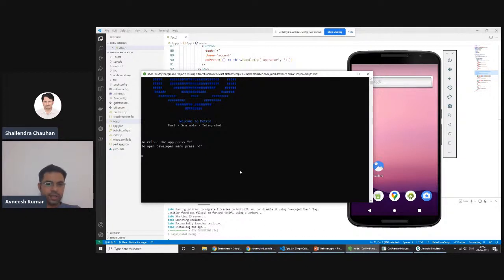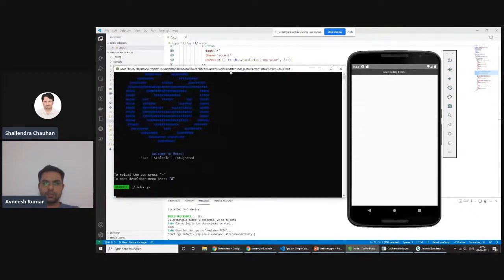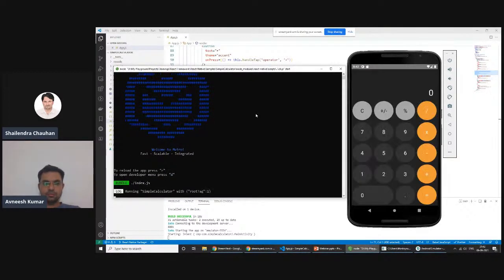It is required in React Native to create the bundle, and everything shown in the mobile application will be written here, everything on this screen. So this is a pretty simple calculator, and whatever you want to perform, you can do it.